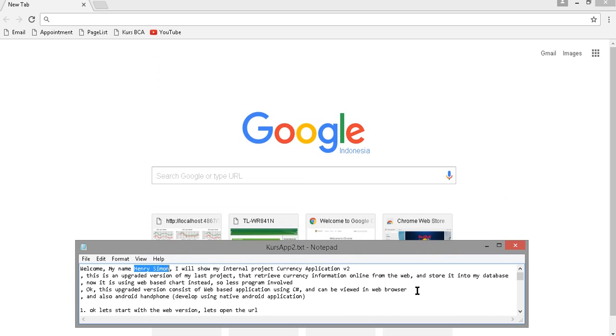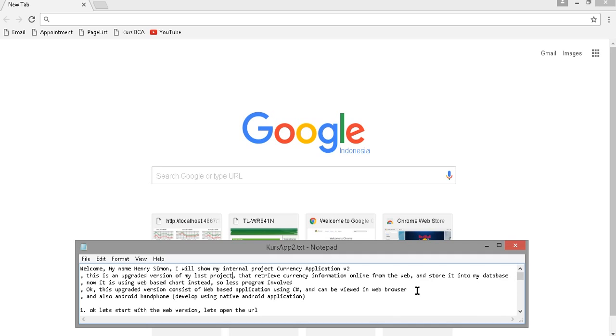Henry Simon. Today I will show my internal project, the currency application. This one is version 2. It's an updated version of my previous application that you can also see on the same channel, youtube.com/Henry Simon Masi. But this one is the version 2 I've upgraded.